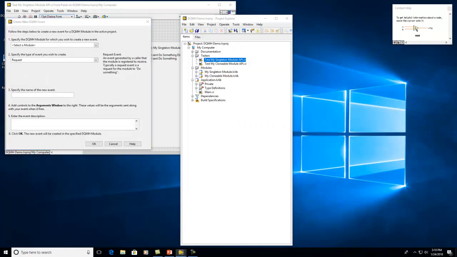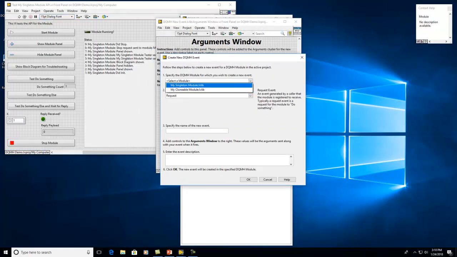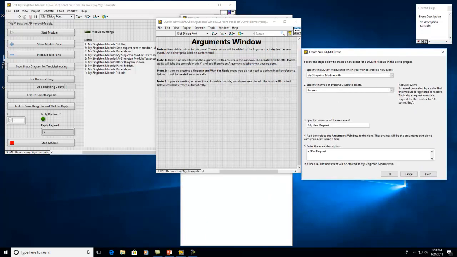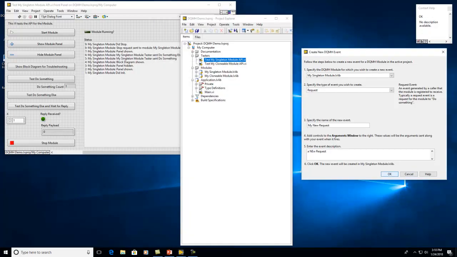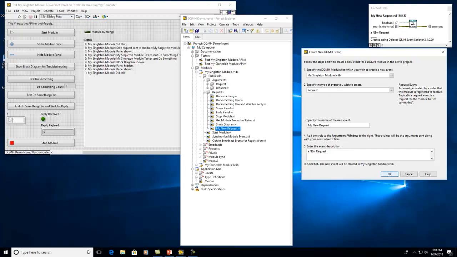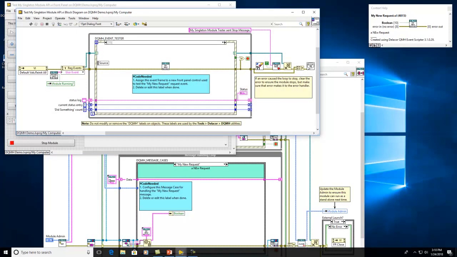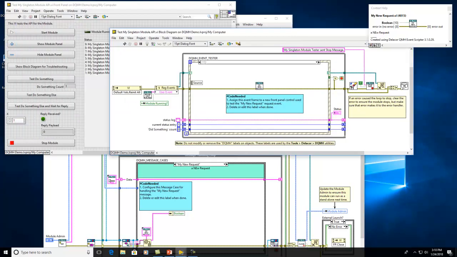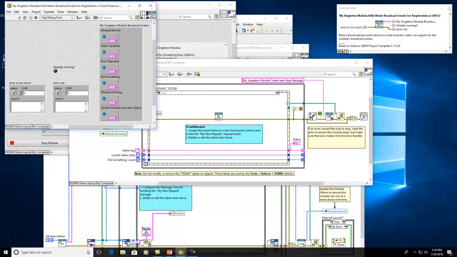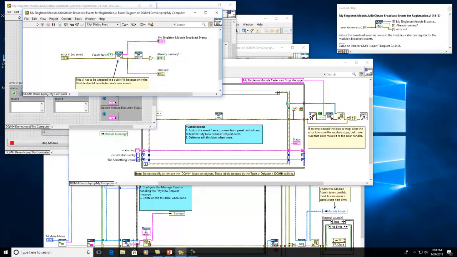All right, so I've got the singleton open here, and I'm going to say my singleton request, my new request, a new request. And I'm going to pass it a Boolean just because I can. Okay, so I click OK, and it's going to generate my new request. The really nice thing about the DQMH is not only did it create my event, so it added my event to the events, not this event, but